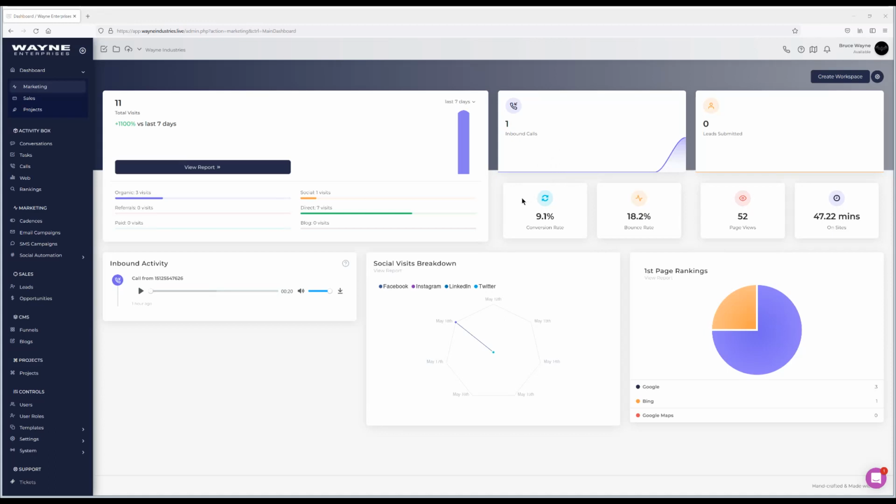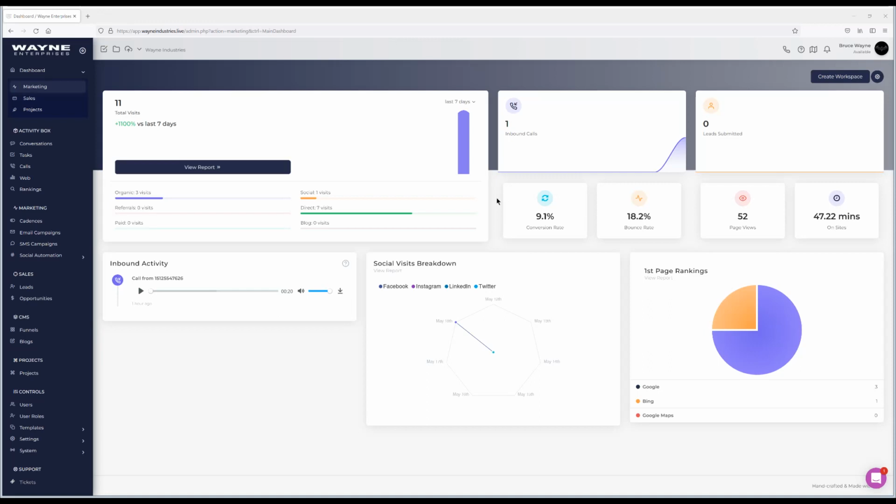Okay, the last thing we need to set up to have all the data going into your marketing dashboard is either going to be a data form within our platform or leveraging our data pixel to collect data from your forms on your current website. So in this first part, I'm going to walk through how to create a data form inside of our system and then embed that on your existing website